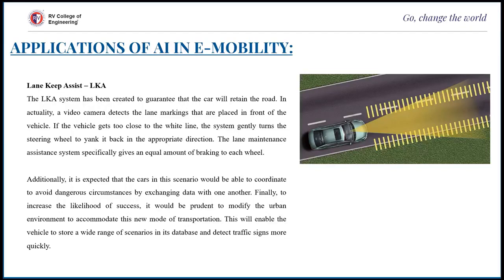It is actually a very good implementation of artificial intelligence where it becomes necessary to keep the vehicle in lane. So this is actually the scenario of application of AI in e-mobility. Apart from this,